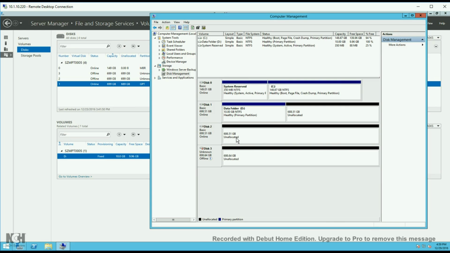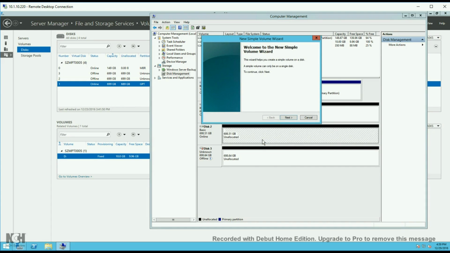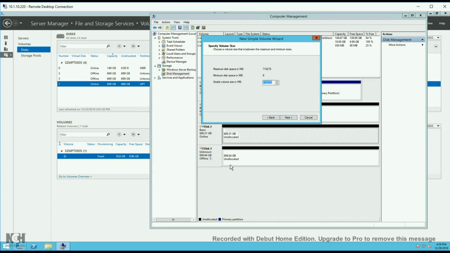So we need to create partitions here. Right click and click New Simple Volume, and then click next, and then let's go ahead and give it about 25 GB, 25,000 MB, which is approximately 25 GB. So click next, and then you could assign a drive letter. Let's give it something other than D, let's give it S. Click next, and then you could